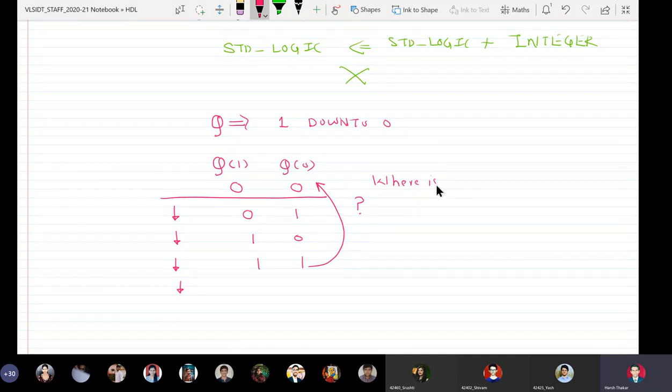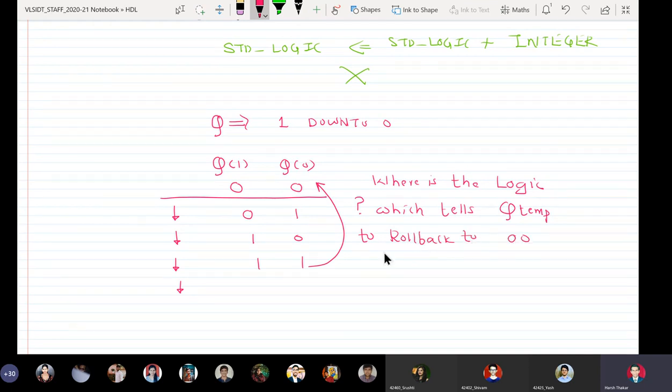Where is the logic which tells Q temp to roll back to 00 once it reaches 11? My argument is, where is a logic which tells Q temp to roll back to 00 once it reaches 11?